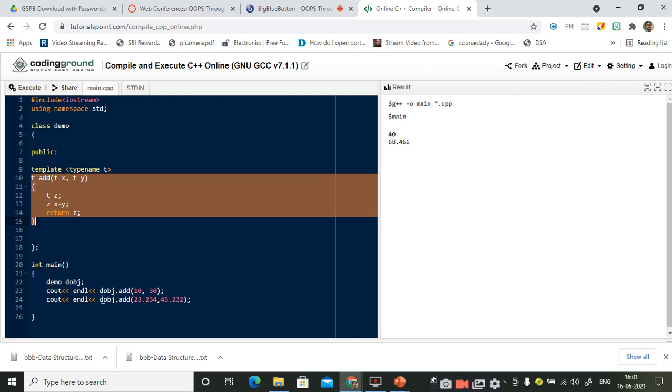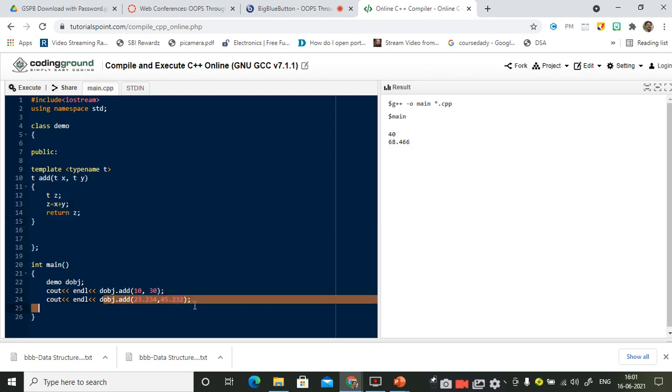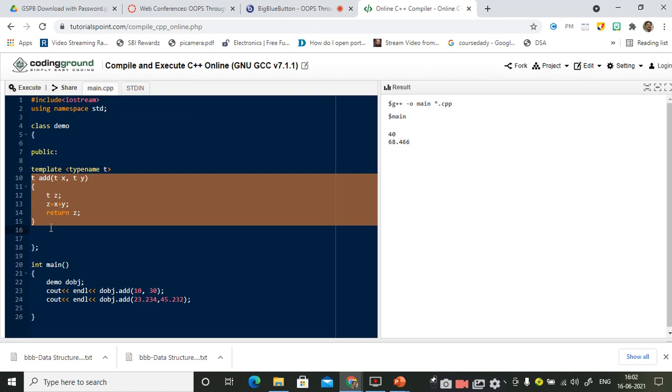And whenever you call the same add function with the object dobj and with the input parameters as double values, which are 23.234 and 45.232, these values are going to convert this t as double. So this entire function becomes double add of double x comma double y, double z, and z is equal to x plus y, return z.